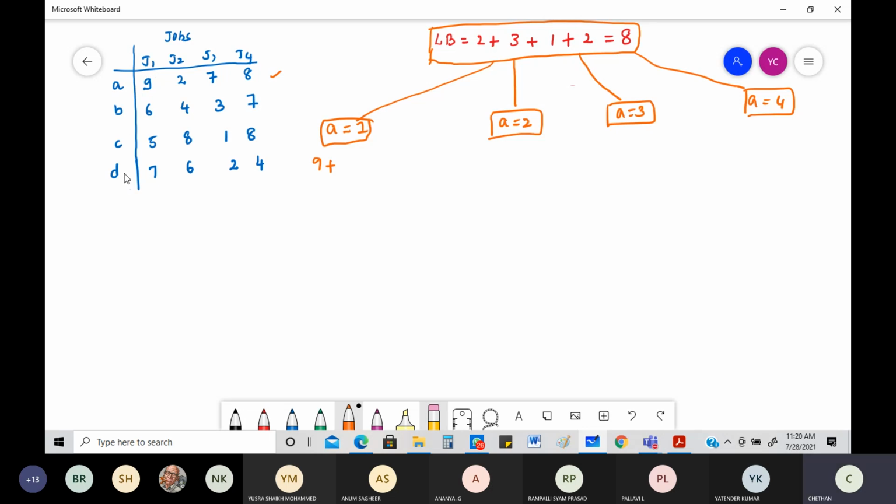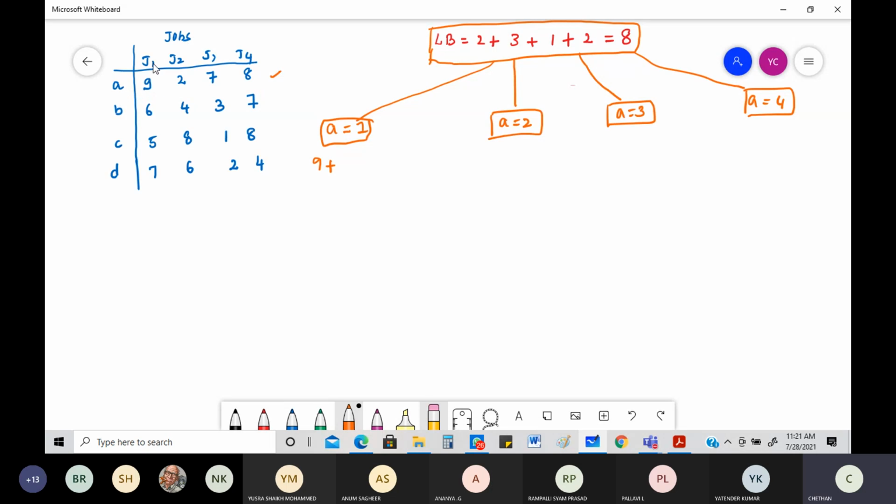So what's the next thing you do? This is very important. You need to figure out the smallest value of all other columns. Be careful with the way I'm writing this. I am trying to assign a job to A1. Very clearly, I'm assigning J1 to A. If I do it like this, it's a problem, so I'll take that out.